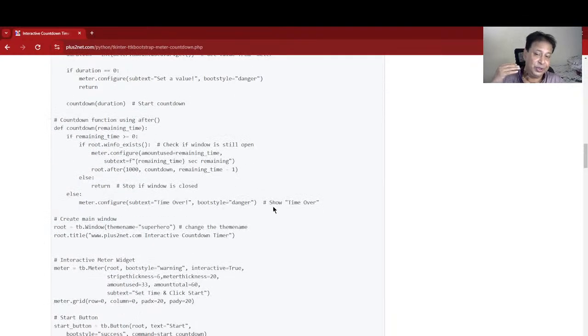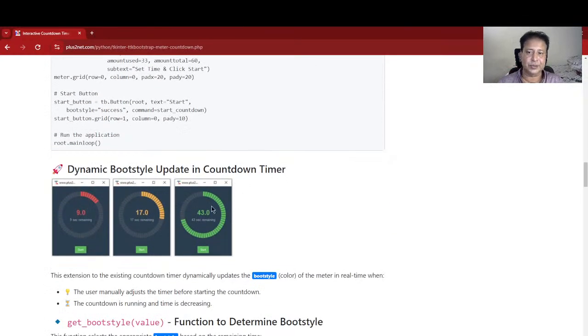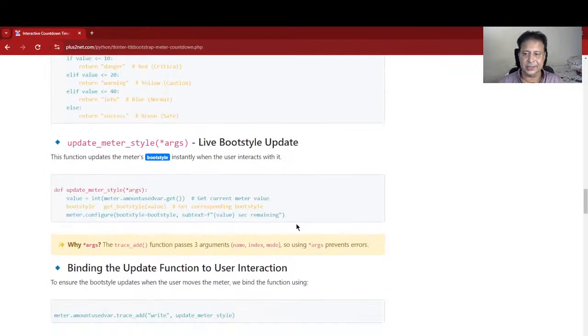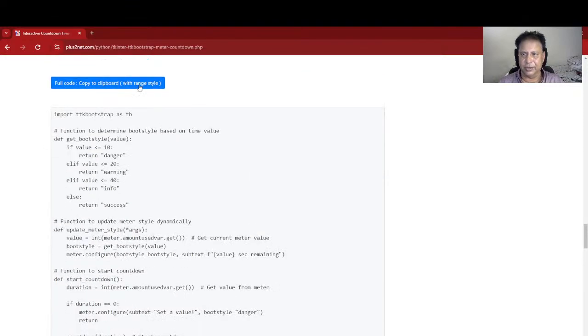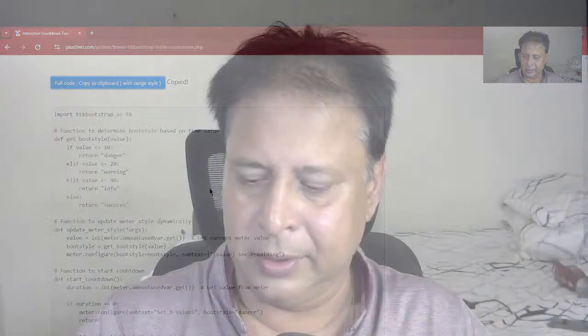If you want the range color, then because this is based on different ranges, the color will change. What you can see is simply the addition of one more function. Come down here and copy it. So these two will change your timer; this is a better example of how a boot style works. Hope you will be able to understand this and enjoy